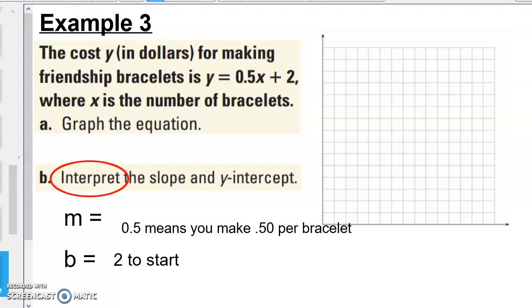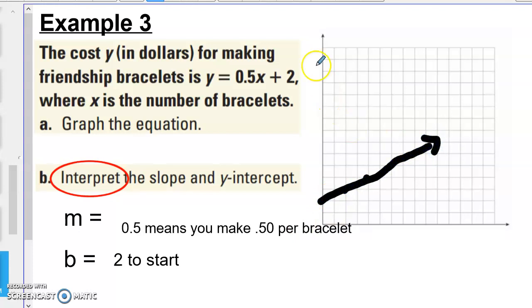So the cost y in dollars for making friendship bracelets is y equals 0.5x plus 2, where x is the number of bracelets. First part says graph the equation. So this one has a y-intercept of 2, so I make a dot right there at 2. Now this slope is 0.5, but the fraction for 0.5 is 1 over 2. So that means I'm going to go up 1 over 2, up 1 over 2, up 1 over 2, and